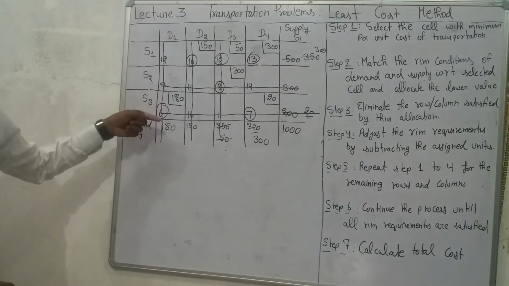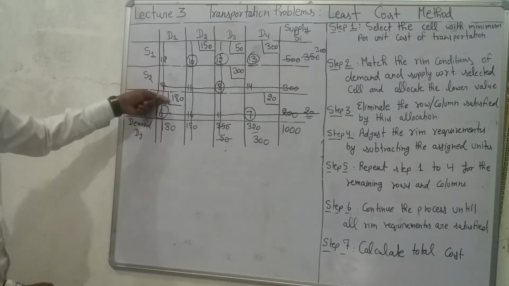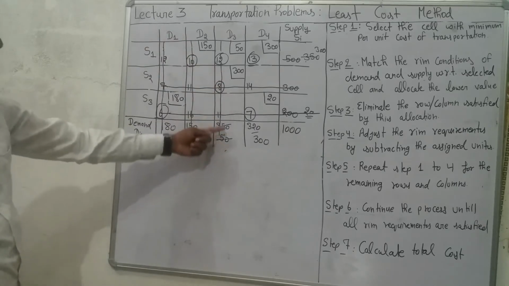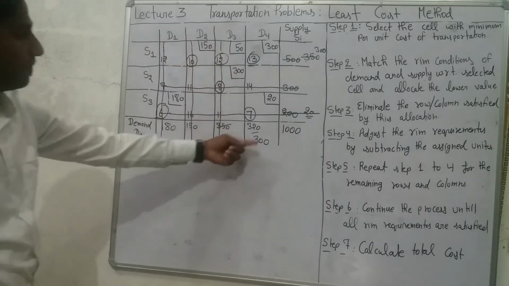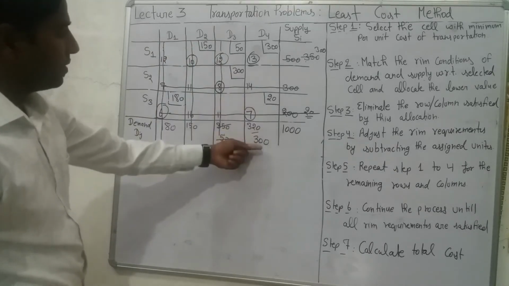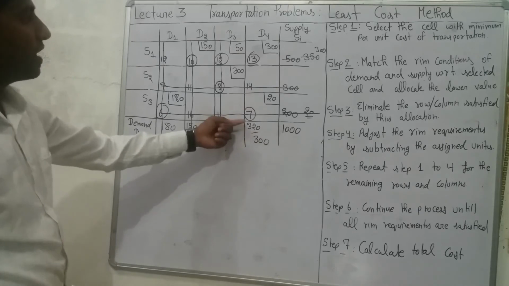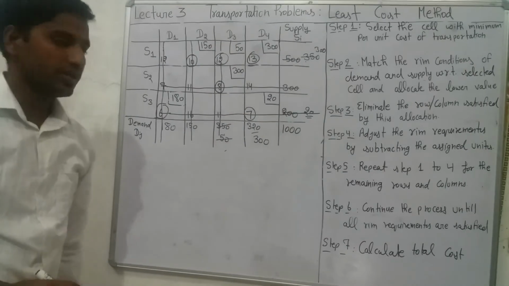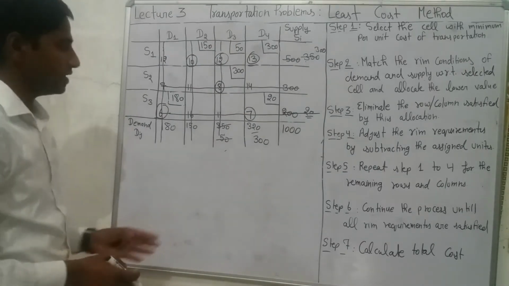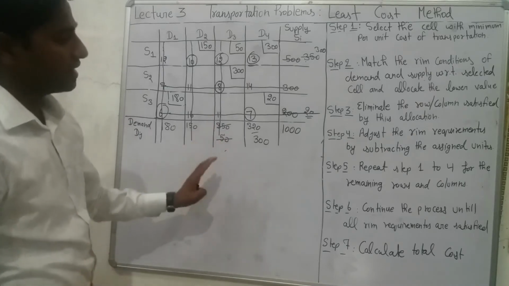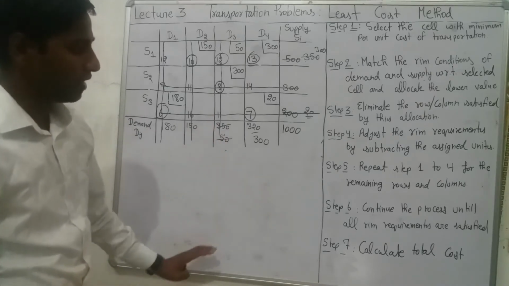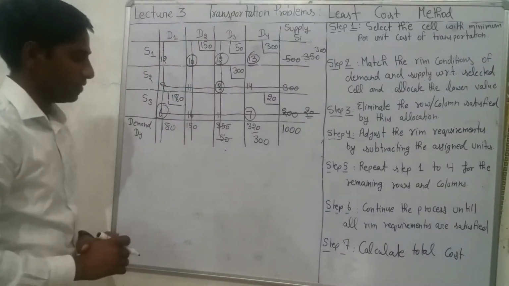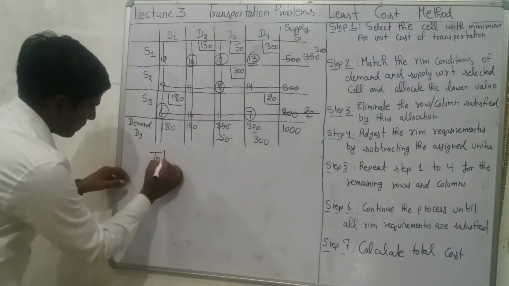Now column wise you can cross check it. 180 allocated, 180 demanded, 150 allocated, 150 demanded, 350 demanded, 350 allocated. Similarly, in the fourth column, 320 was the requirement at destination 4, and we have exactly allocated 320 units. So it is the simplest way to cross check your solution. Now, after satisfying all the rim requirements, what do we have to do? Calculate the total cost, and the formula for calculating total cost